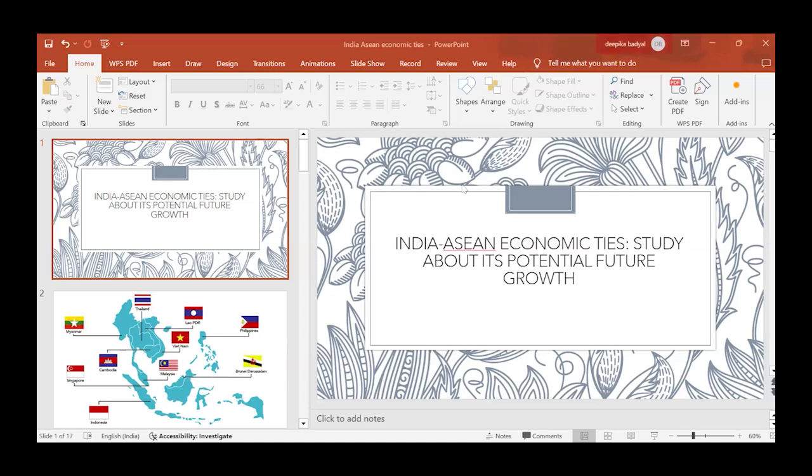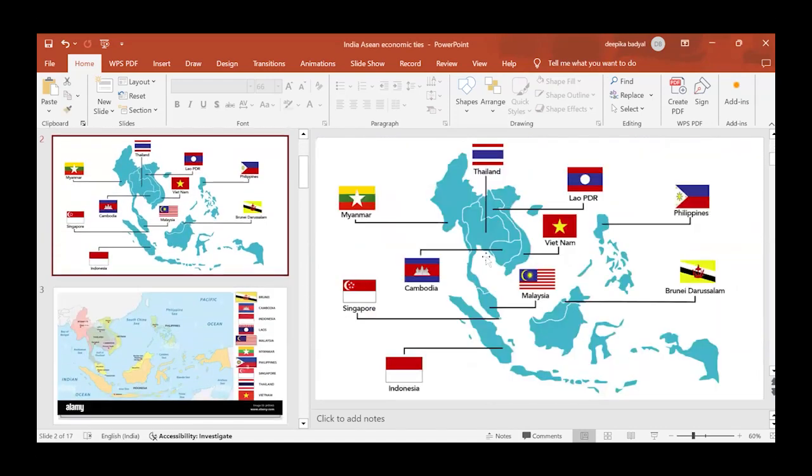Now, the next slide here, I'm showing you the map of this ASEAN grouping. Wait a minute. Yes. So these are the member countries of ASEAN. How they came into being, there is a little story behind it. Actually, during the Cold War era, even the Southeast Asian countries were divided between the Western countries and the communist power bloc, a few countries basically, which were either aligned or even the ones which were non-aligned with the Western countries.